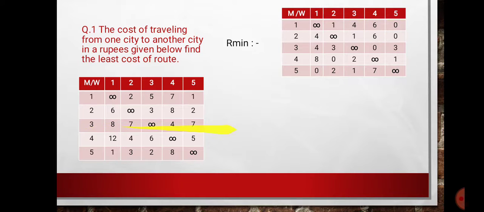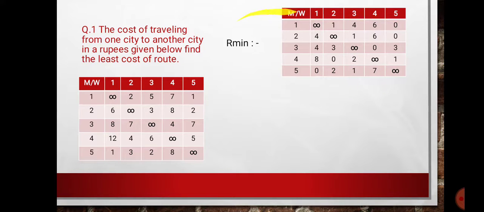For the third row, the minimum value is 4. This 4 is subtracted from all of these. For the fourth row, the minimum value is 4. Then this value is subtracted from all of these. 4 minus 4 is 0, simple. And for the fifth row, the minimum value is 1. This value is subtracted from all of these. 1 minus 1 is 0, 3 minus 1 is 2, 2 minus 1 is 1, and 8 minus 1 is 7.